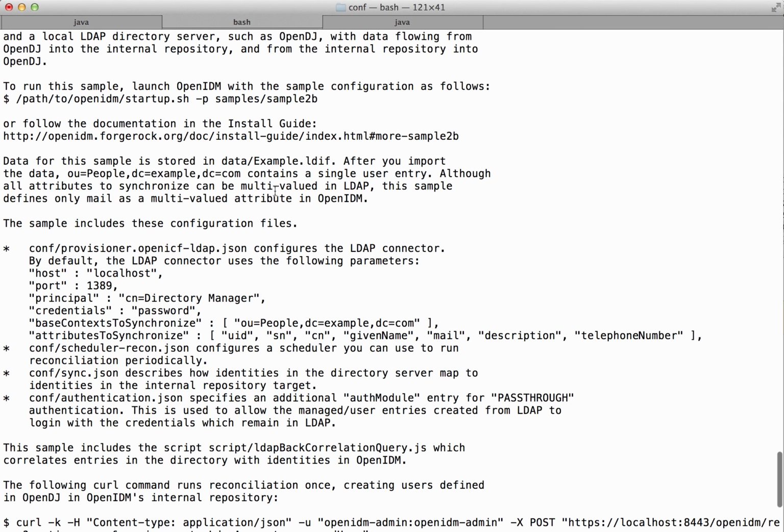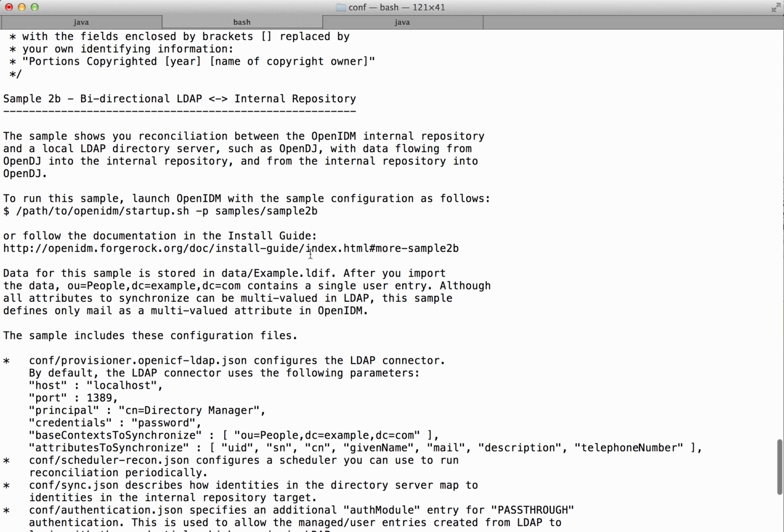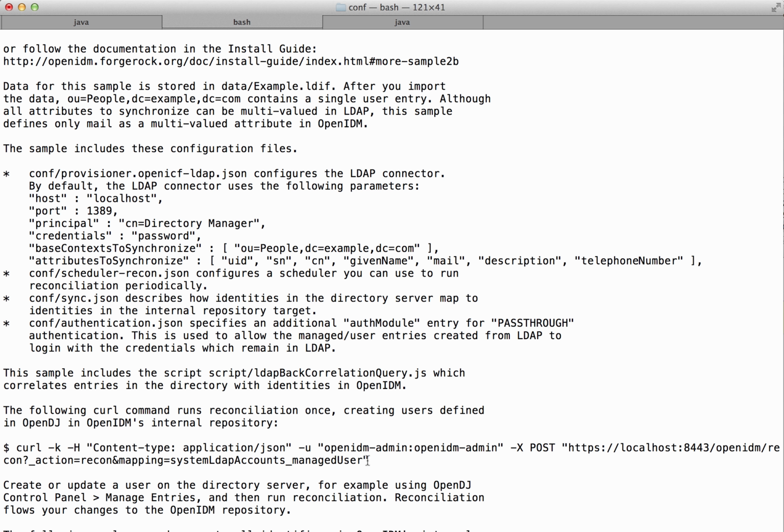In another tab, I'm just going to quickly show you the information that is available for this particular sample, and it contains a lot of useful information of how this sample is intended to work, and also provides you with a set of commands, curl commands, that you can use to follow this sample. The first thing that we're going to do here is to launch this curl command. So I'm just going to copy this. What this essentially will do